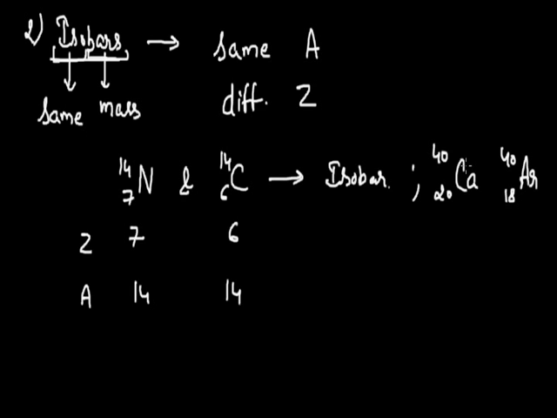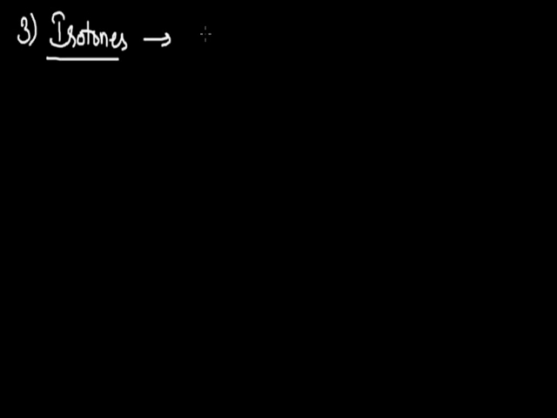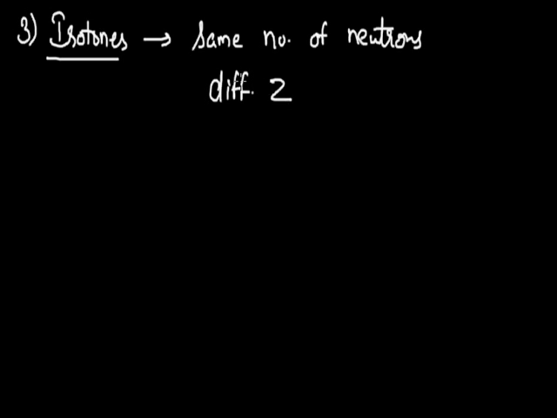Now we will move to the third member of iso family, and this third member is known as isotone. In case we are having two different atoms with the same value of number of neutrons. And as I said initially, there should be two different atoms. So these different atoms will be having different values of atomic number. So if we are having two atoms with the same number of neutrons and different atomic number, then these two can be taken as an example of isotones.